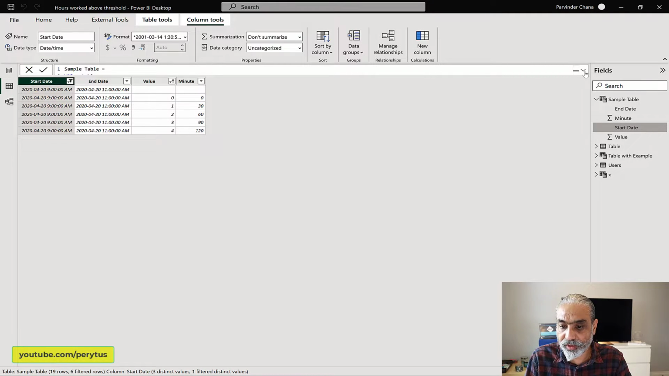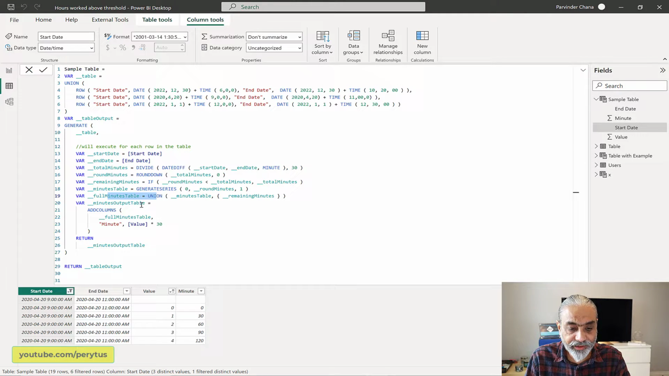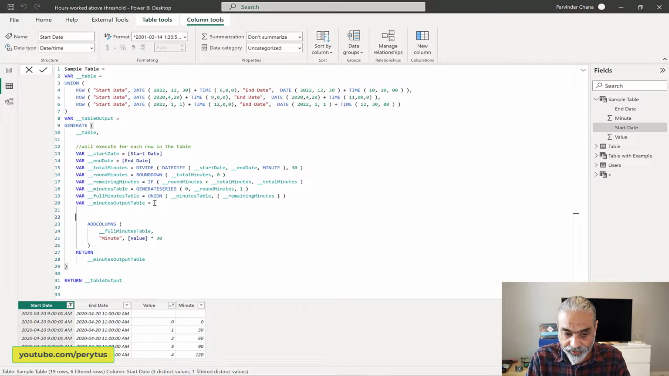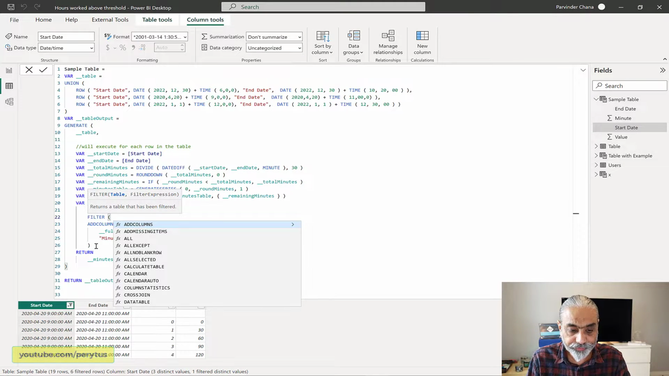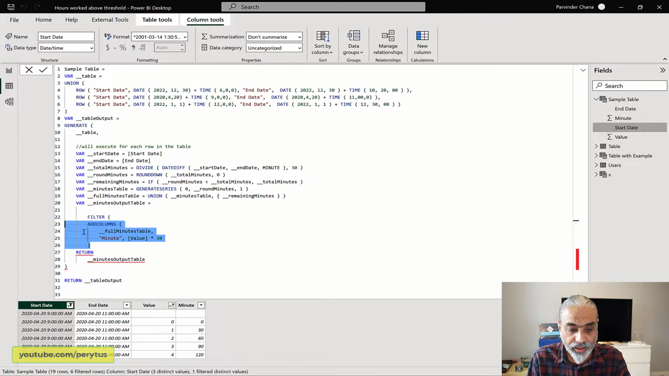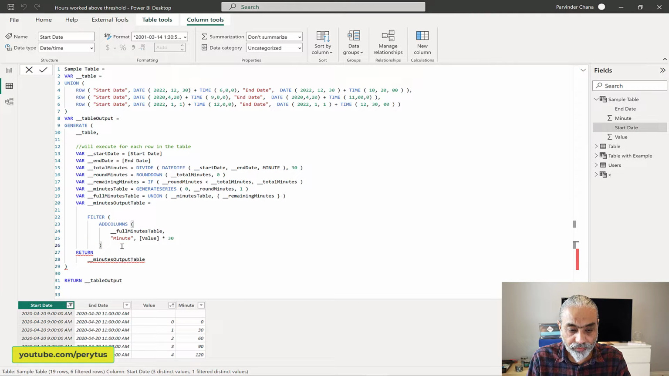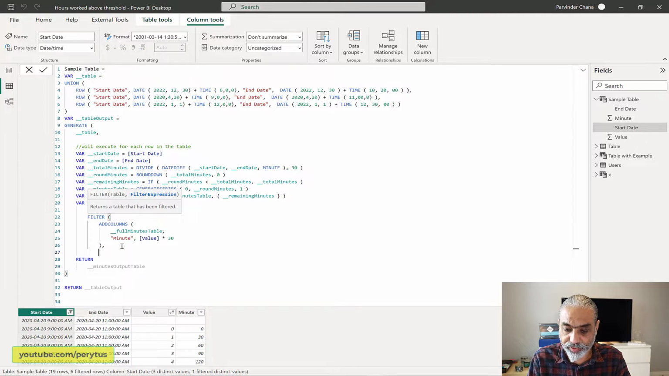So what we're going to do here is, first of all, we added the minute. What we can do here is, we know there will be a blank in certain cases, so we can filter our internal table and say add columns and filter it where the value is blank. Actually, we're going to keep where the value is not blank. So if there is any blank record, just filter that out. So now we have this table